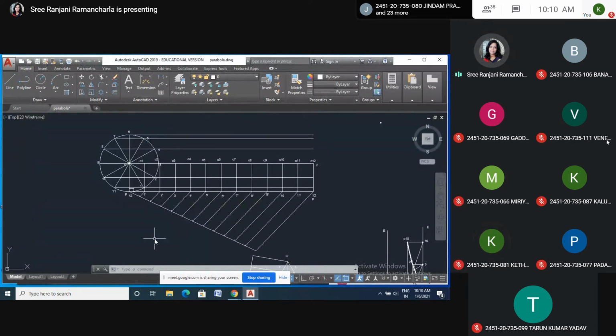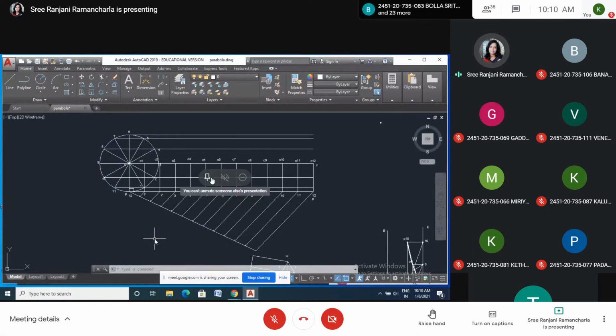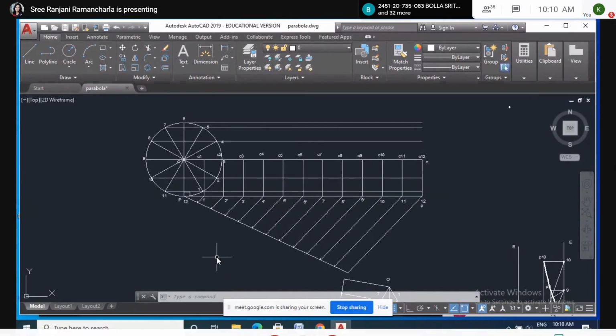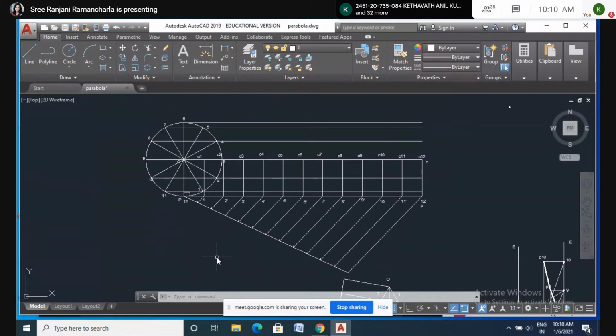Yes, ma'am, and one more suggestion. Please, those who have a laptop, please download AutoCAD. If you want to download AutoCAD, just one day you come to the college and ask our lab sir. One sir will be there in our AutoCAD lab. You can ask them, or you can ask your in-charge sir. In-charge faculty is there, na?